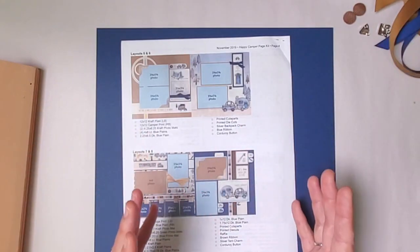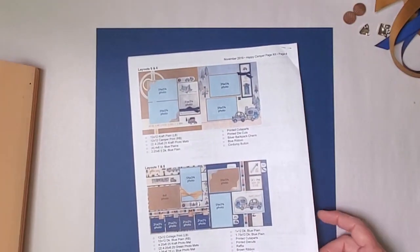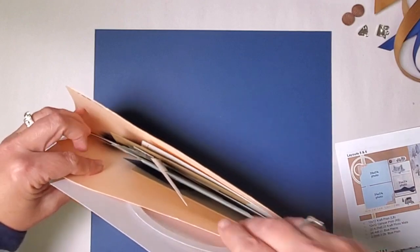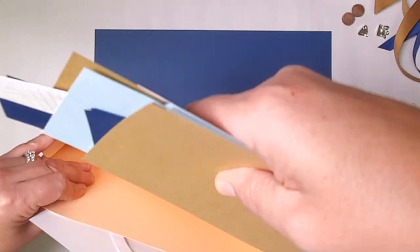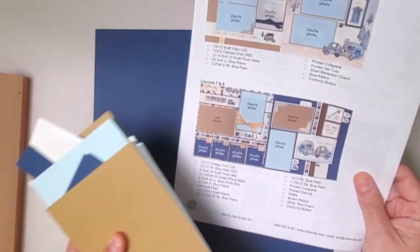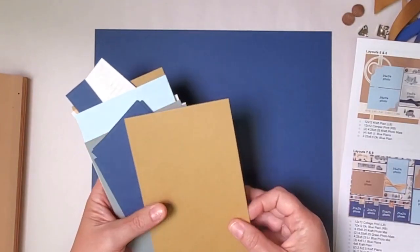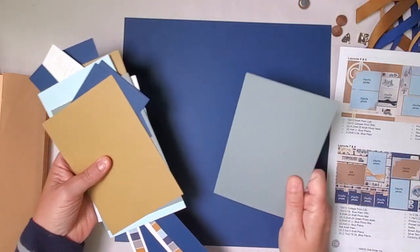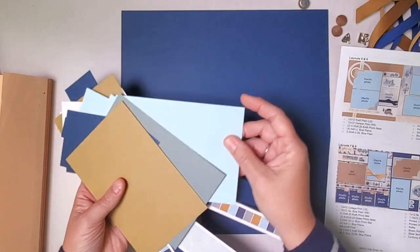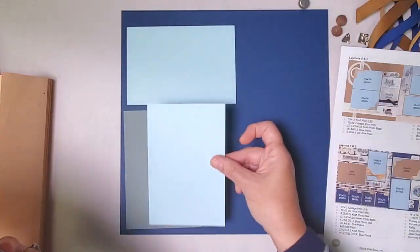And by then all the pieces will be in their home, and all you need to do then is glue everything into place. So layout 7 and 8 mean that we need to gather up everything that was filed in pocket 7 and 8. And so everything we need to finish both of these pages should be in this pocket, and it's simply a matter of sorting it all out. Now, what you can sometimes find is that it's a little difficult to see exactly what's going on with a certain page when we nest a bunch of things together. So